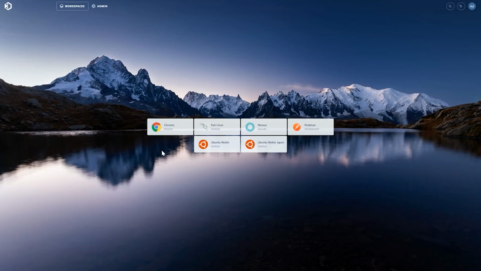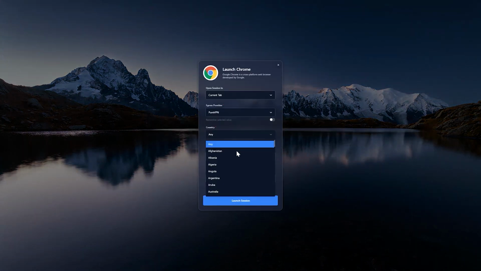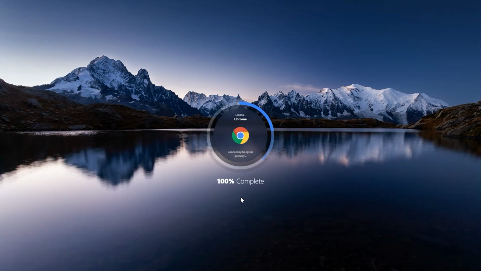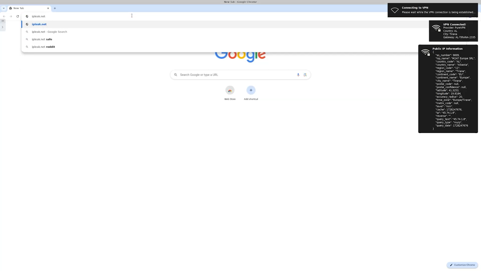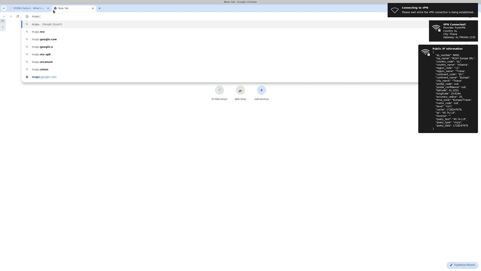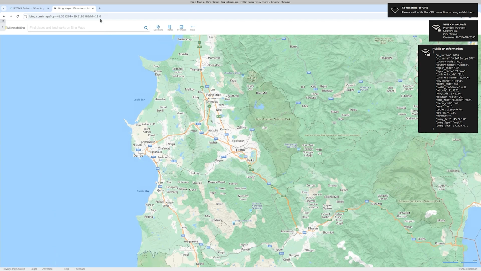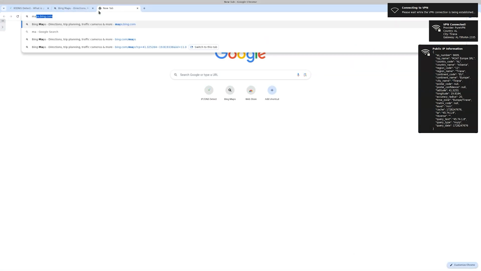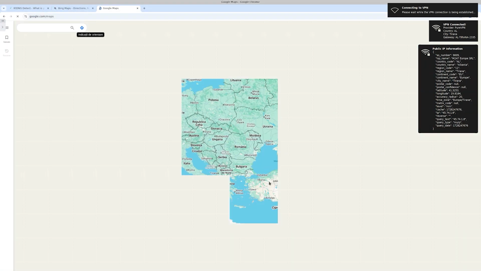It is also important to consider the IP geolocation constraints associated with this feature. To demonstrate this, let me open a Chrome session from the Albania PureVPN gateway. PureVPN registers their gateway in the popular MaxMind database, which is also where IPleak.net fetches the data from. However, if you use other services that use a different database, the geolocation data may or may not match with your egress gateway location. For example, maps.bing.com correctly displays that we are in Albania, but maps.google.com may not display this